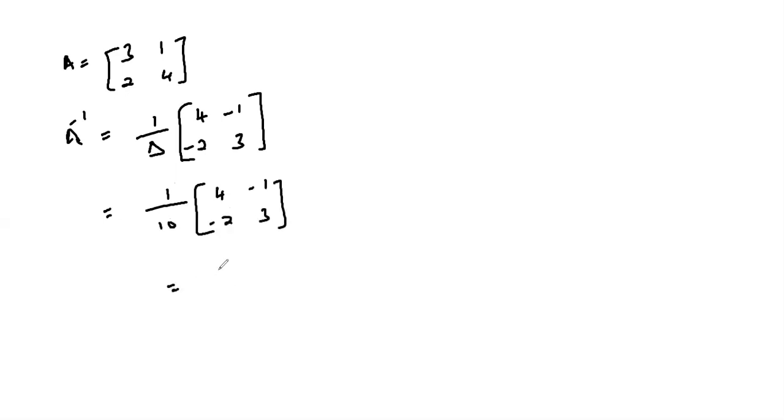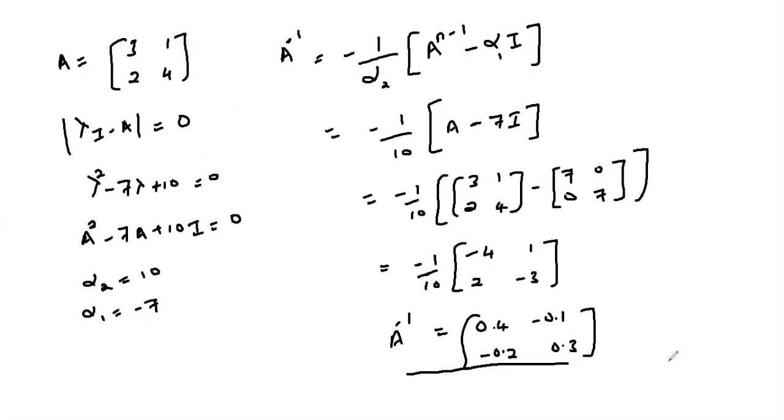And this will give us 0.4, negative 0.1, negative 0.2, and 0.3. And this is the inverse of the matrix, which is similar to what we obtained when we used the Cayley-Hamilton